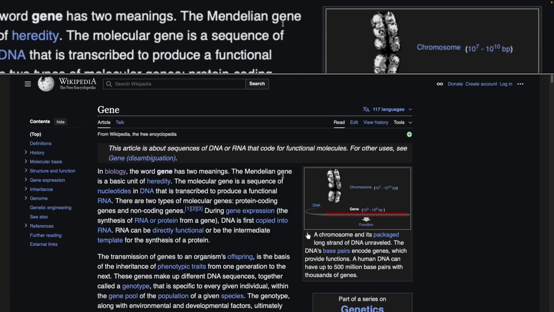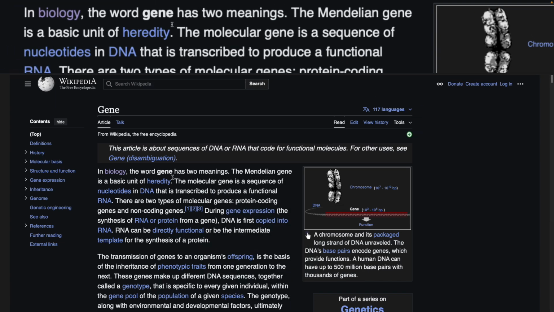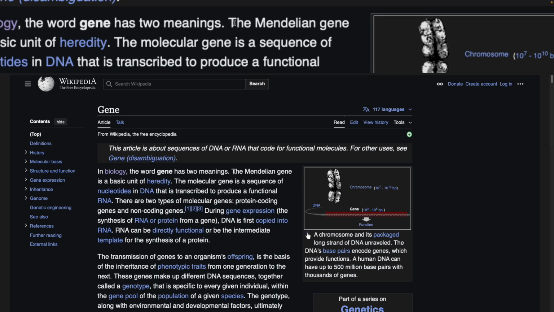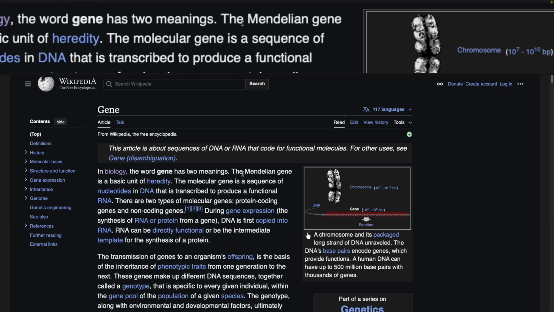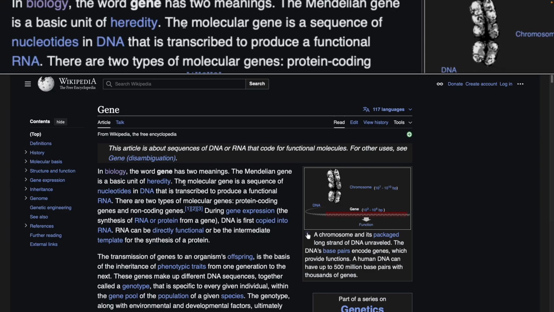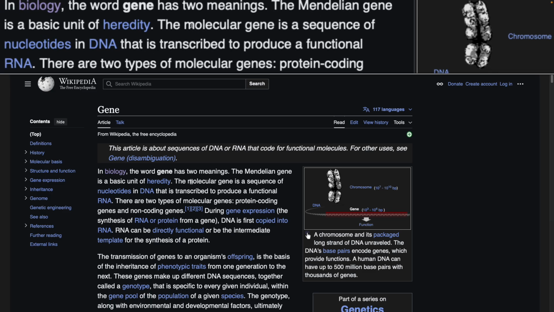All right, we're going to get there. And then, heredity, also called inheritance or biological inheritance. So that's one side of the coin, the Mendelian gene as a basic unit of heredity, and the other side of the coin, the molecular gene,